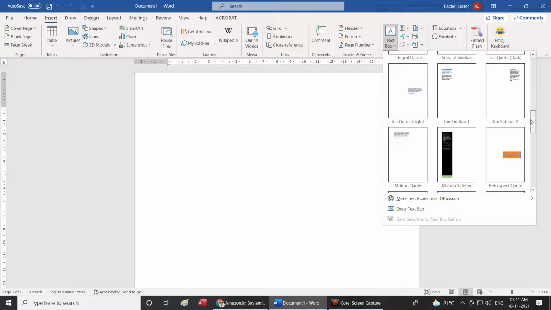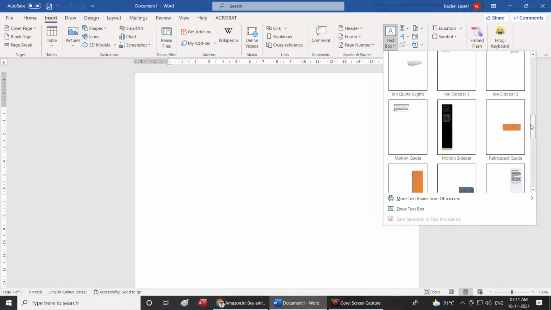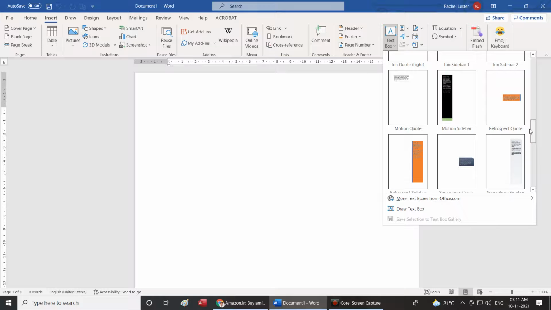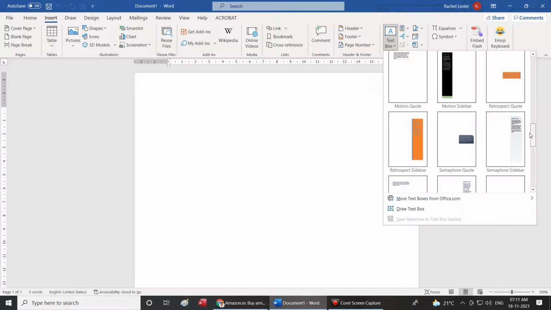Next is motion sidebar. Next is retrospect quote. Next one, retrospect sidebar.